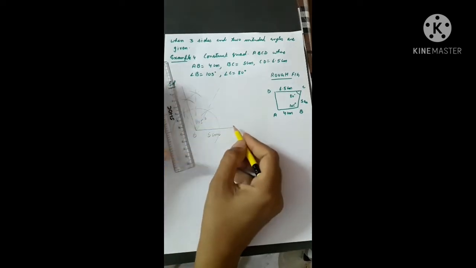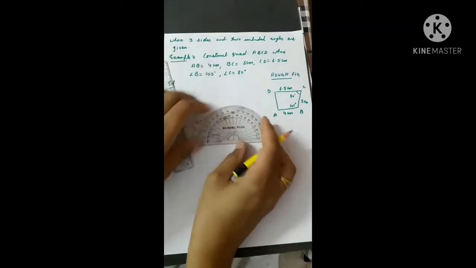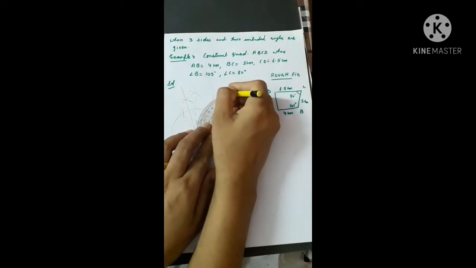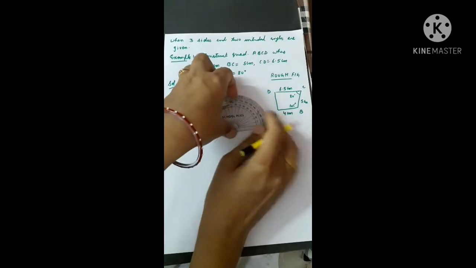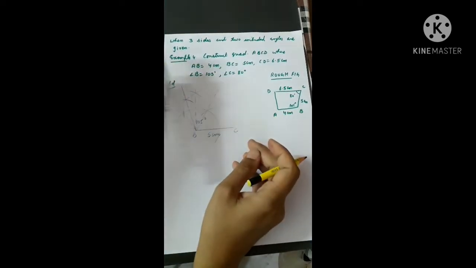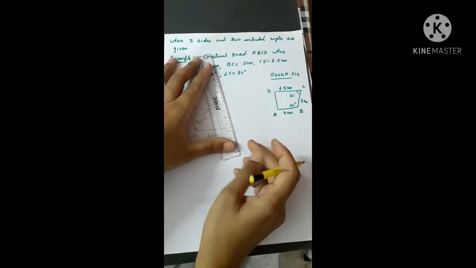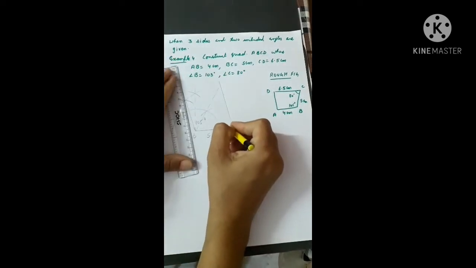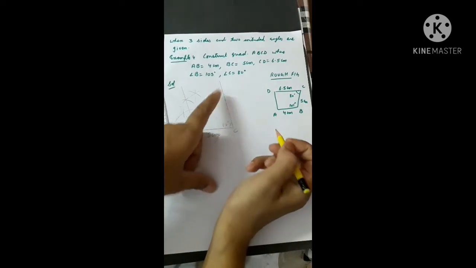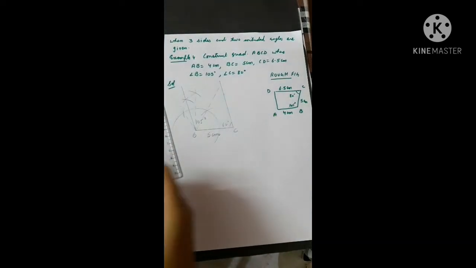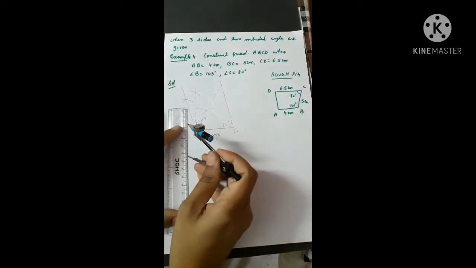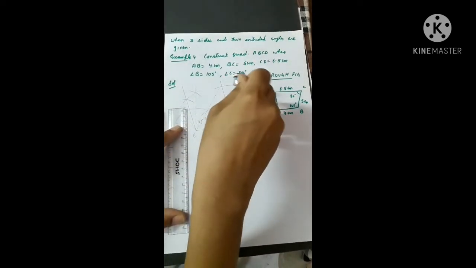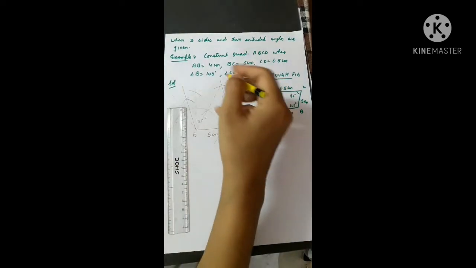Now angle C is 80 degree. So 80 degree will be drawn with the help of a protractor. Keep the protractor here. Mark an angle of 80 degree. 80 degree is not a multiple of 15, so I am drawing with the help of a protractor. Here you write 80 degree. Now this CD is 6.5. So we will open the compass 6.5. From point C, I will swing an arc of 6.5. This point is point D.